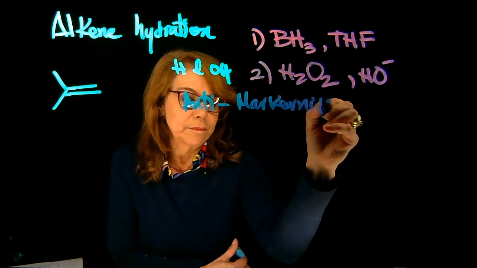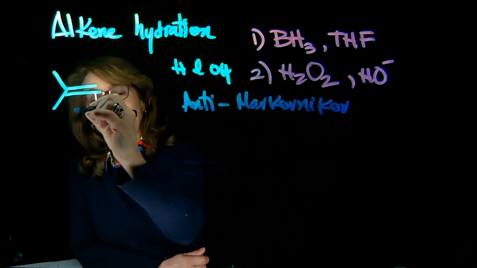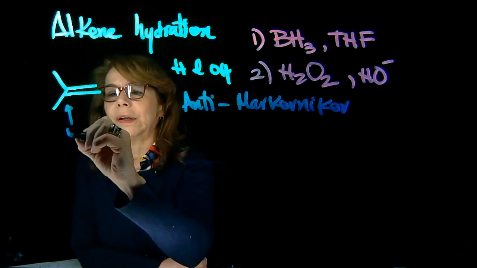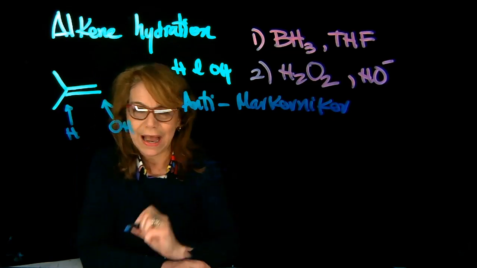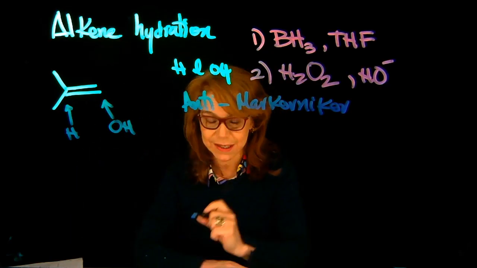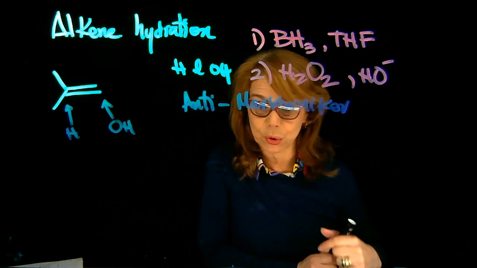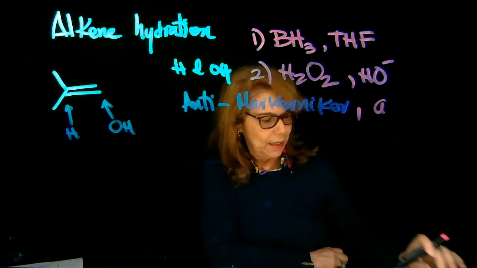Anti-Markovnikov. What that means is that you're going to have the H being added at the more substituted carbon, and in your final product, you're going to have the OH at the least substituted, so opposite of Markovnikov chemistry. Another thing that is important about this reaction when we are predicting the product is that this happens in